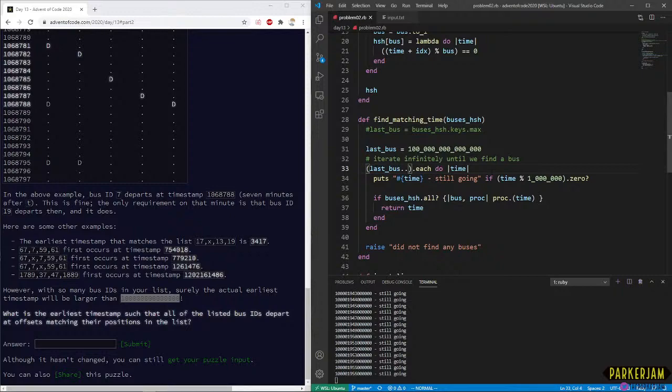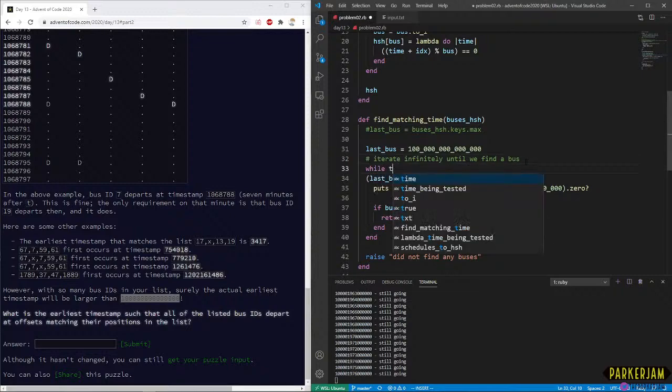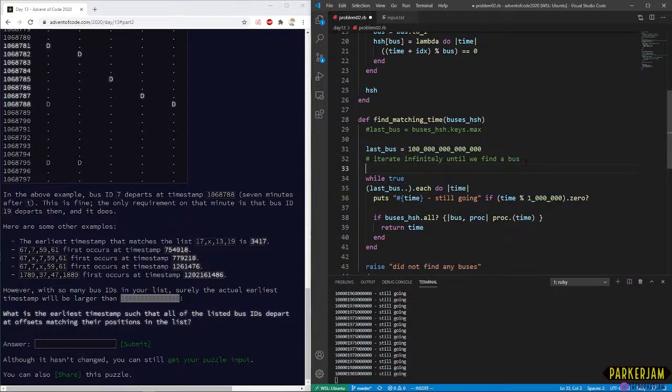At the very least, what we're gonna do is change this up a little bit. While true, let's say that last bus is 0, because if we're going to be going up in multiples of our largest number, I want to make sure that I'm mod of that.